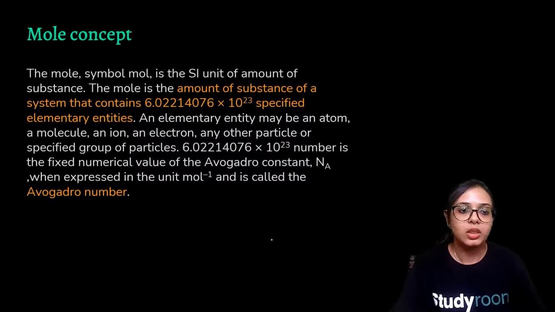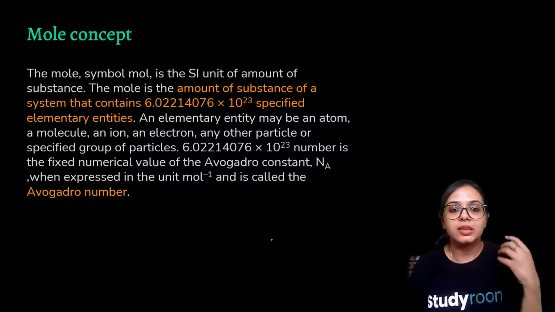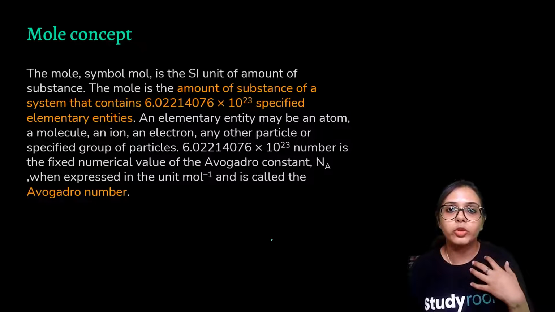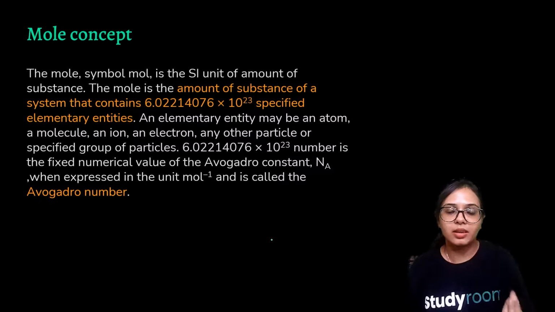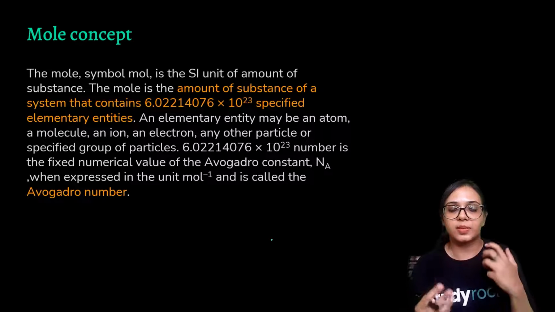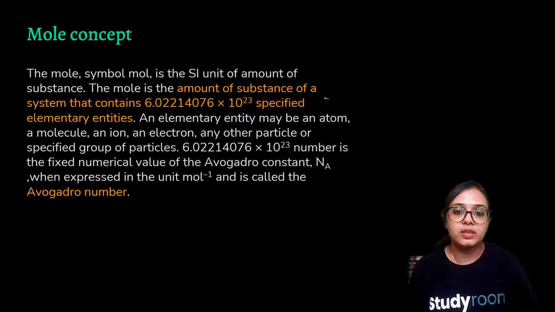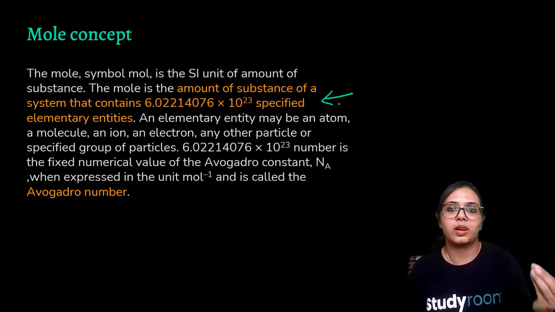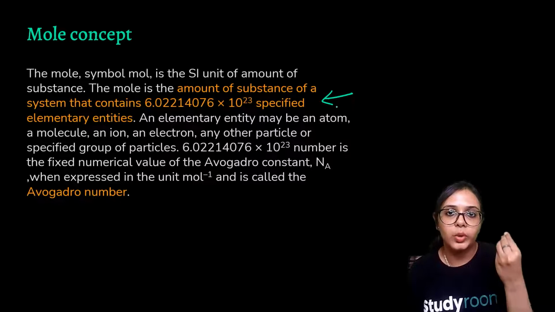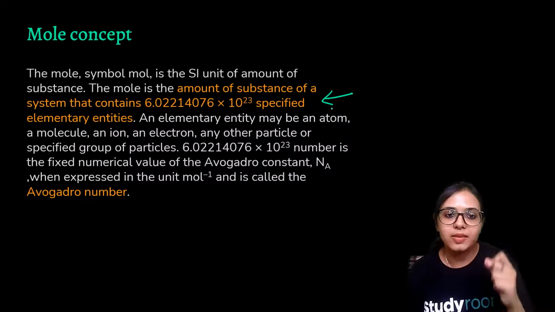Mole concept. The mole, symbol mol, is the SI unit of amount of substance. This is yet another standard by which we calculate, relate, and compare different quantities of substances. So mole is the amount of a substance of a system. The system could be any entity, be it an element, a compound, an ion, or a molecule. So anything that contains